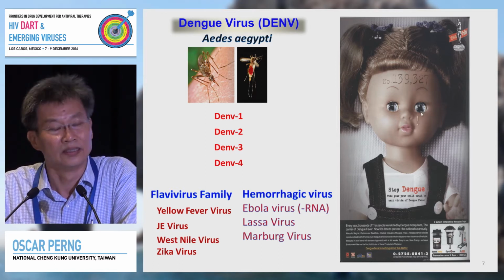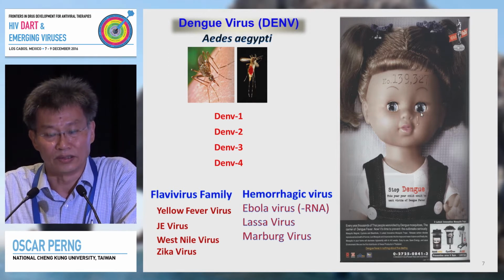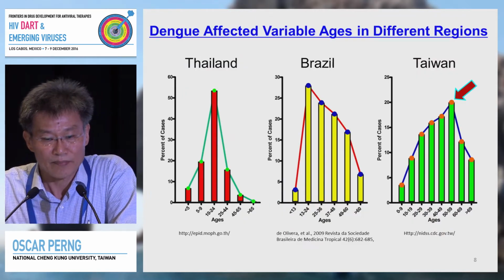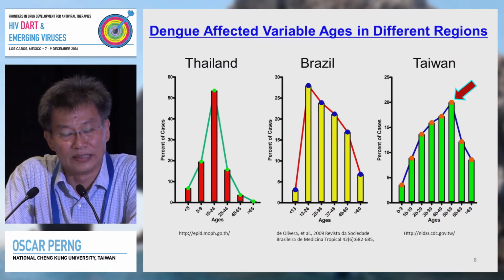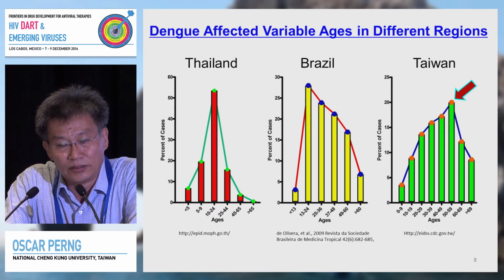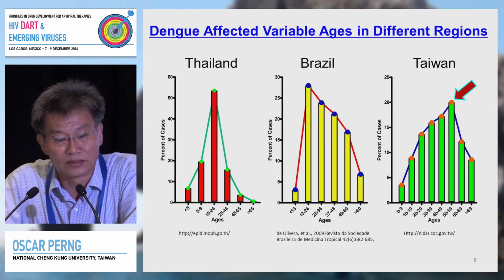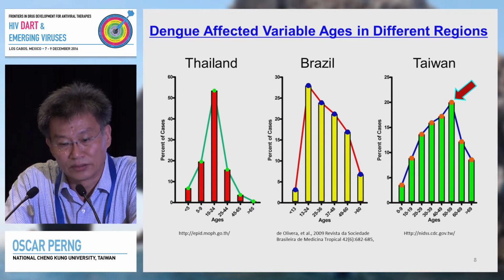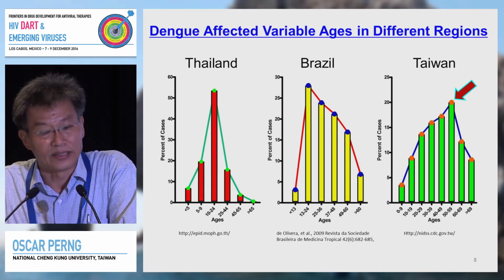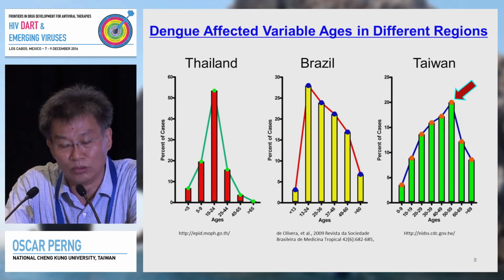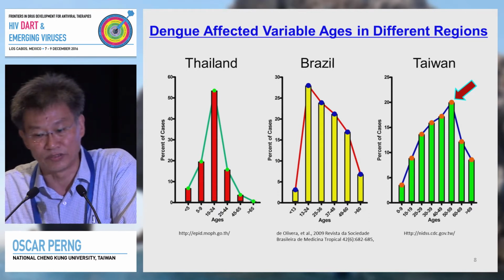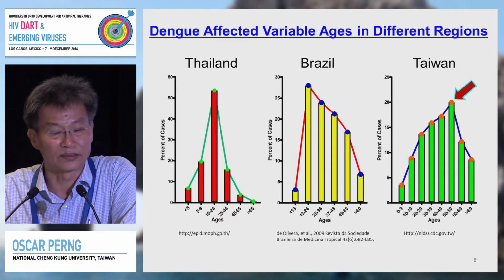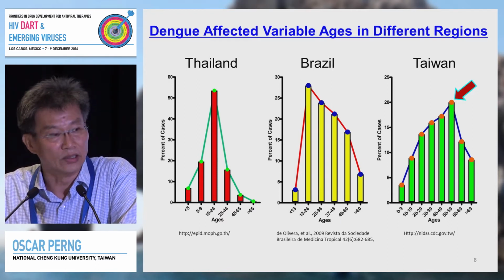And today, mosquito control looks like the only way to contain the disease. In terms of age, it also differs by region. Like in Thailand, it is mainly school-age children, 10 to 12, up to 24. Brazil shows a similar trend. And in Taiwan, for some unknown reason, cases are always very old, always 50 and above. We don't know why. Our children do not get dengue that often, but severe dengue is always in